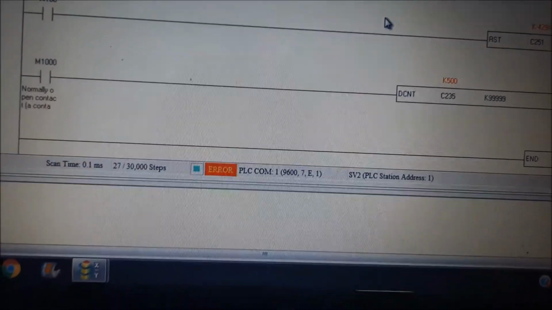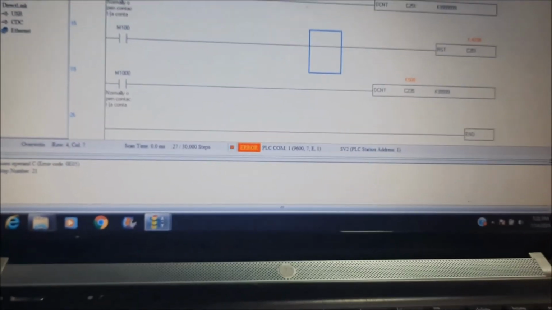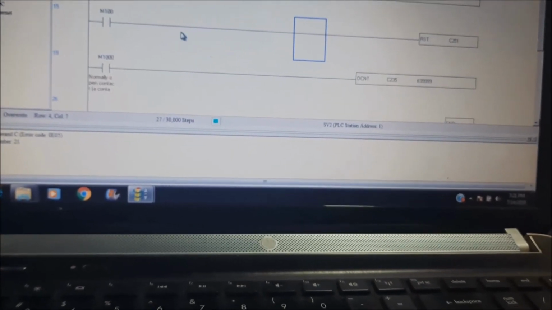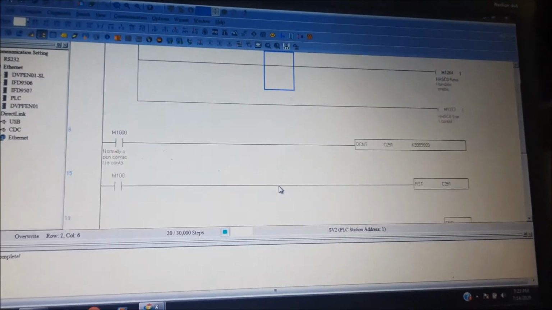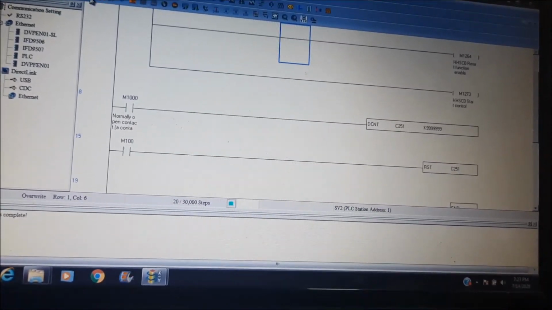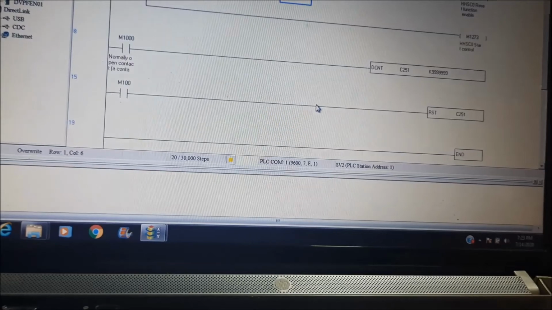Either you have to delete C251 or C235. Suppose we are deleting C235. We were using both C235 and C251, so it was showing error.